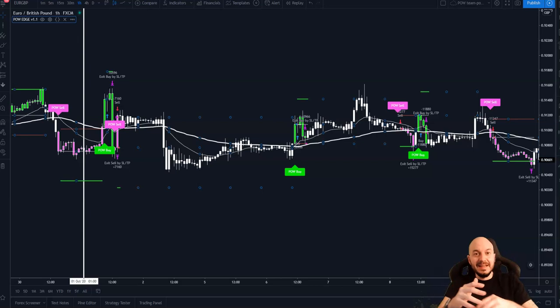Nothing else. How stress-free would that be if you've only got to look at one pair or only got to worry about trading one pair? So I'm going to start from the beginning. I'm going to look at the full data on this strategy and then drop that into the risk management tool